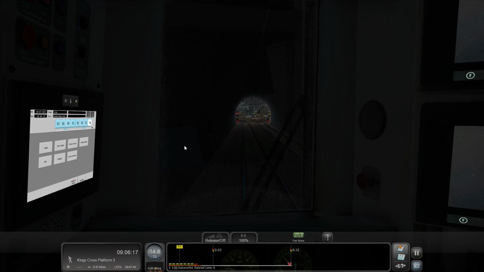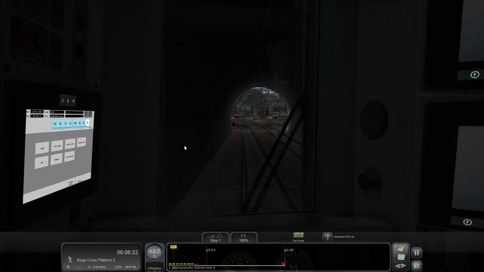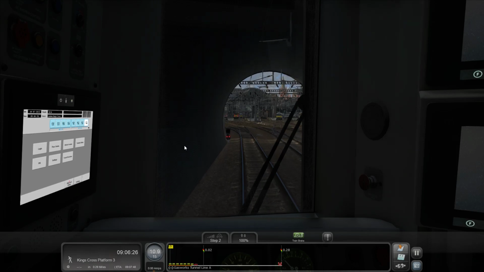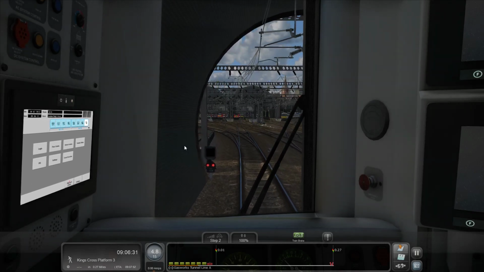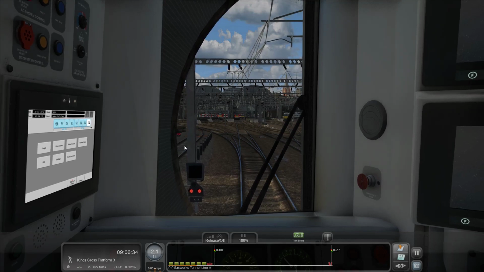There we go, after nearly 2 hours of running, we're finally pulling in. We're finally pulling into King's Cross. Just one more signal to pass, and then we'll be good. Fingers crossed that the scenario hasn't broken. It's been good so far to me, so...